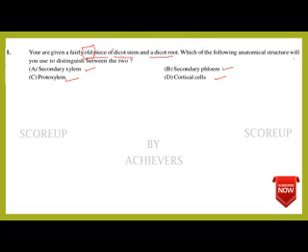What is the answer? If it is an old piece, you cannot find secondary xylem or secondary phloem to distinguish them. Among the secondary xylem and protoxylem, you can find protoxylem in the old piece of dicot stem. Secondary xylem means metaxylem, so you can find protoxylem. So the answer is C. So we can go to the next question.